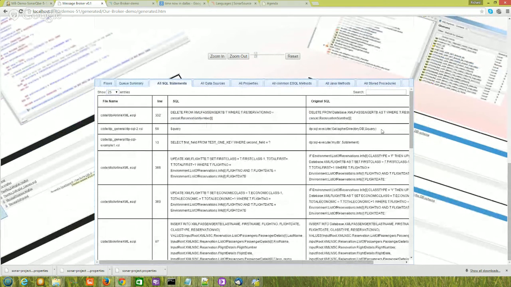So, for example, where we find SQL in DataPower, where we find SQL in ESQL, in an SQL file. This helps improve our communication with our database admin people and database designers, so we can give them a summary, or they can, at their own time of their own choosing, have a look through what our broker code and our DataPower code is doing to their databases, to try and get some sort of review of the database scripts actually being run by the broker, ideally before they go to production, before